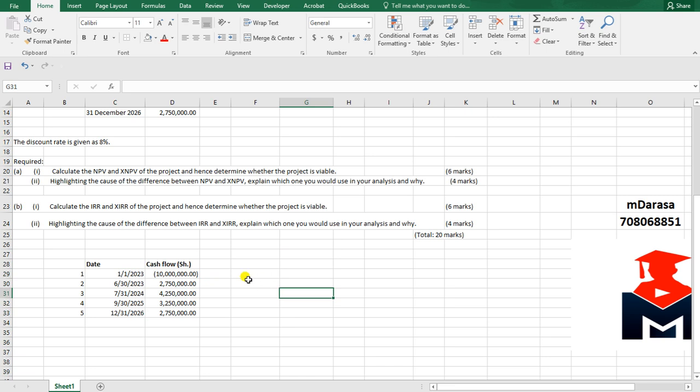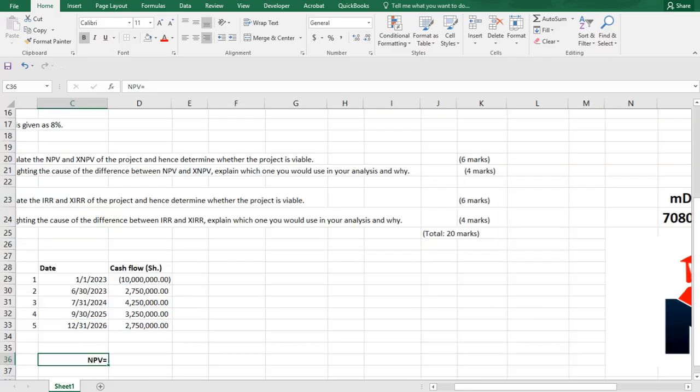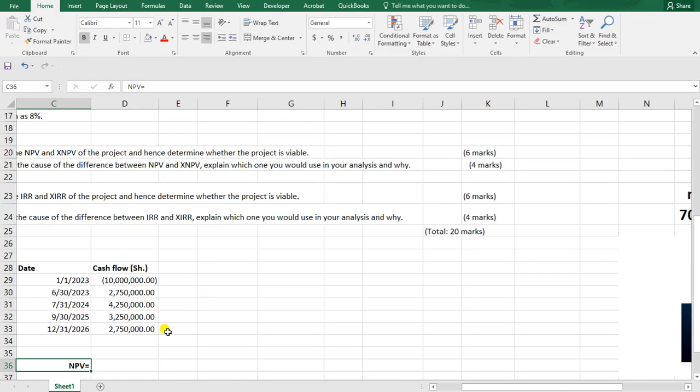Now, once we have that case, our good examiner wants us to compute our NPV. So very confidently, I'll come and determine my NPV here. Our NPV will be equal to, let me increase this. So my NPV will be equal to,